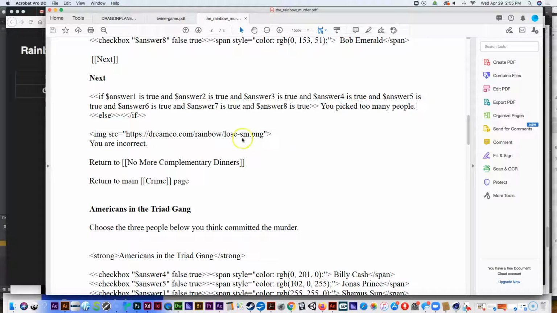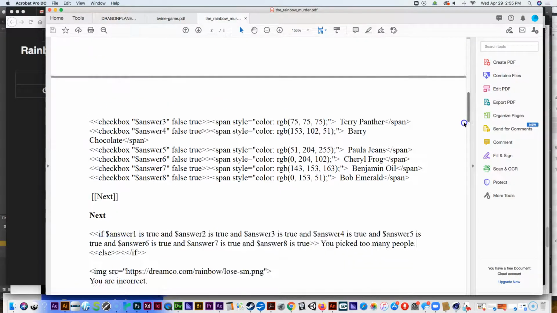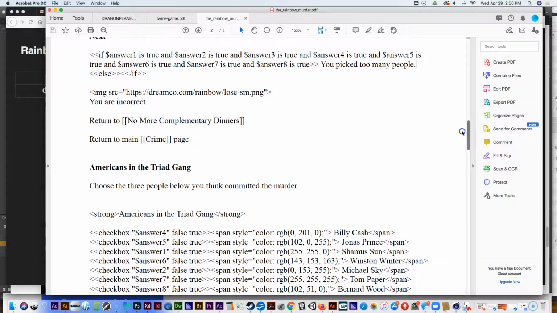And once again, this is the spoiler right here. This particular page here, remember there's 3 groups to choose from, and then you have to pick 3 people from each group. Well, that means that 2 of the groups are completely wrong, right? There's nobody in that group that committed the murder. And this is a case of the fact that nobody in the No More Complimentary Dinners group committed the murder, which means,